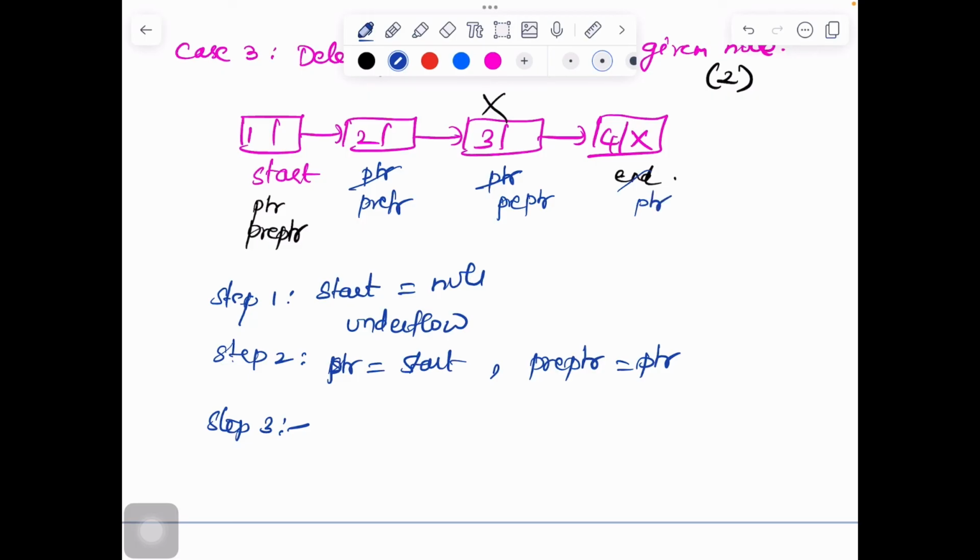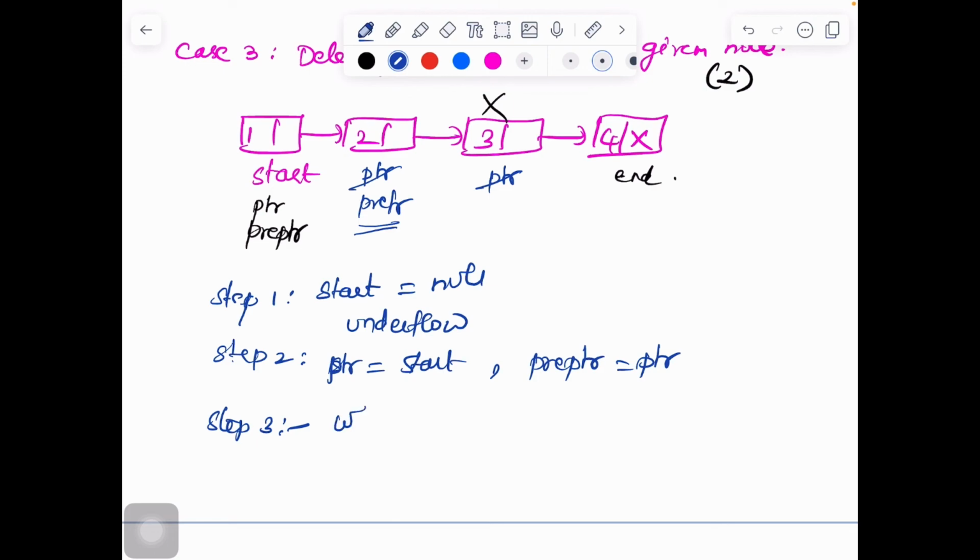Now what is my condition? First I have to check whether my pre-ptr's data is equal to the number. If my pre-ptr's data is equal to the number, then I perform the deletion after the given node, say 2.